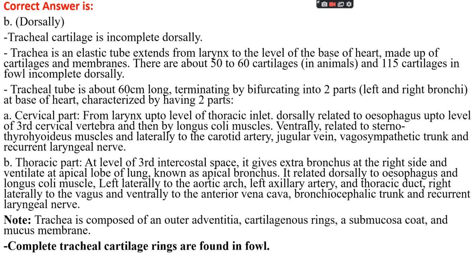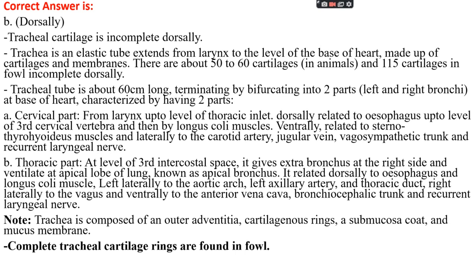At the base of the heart, the trachea has two parts: the cervical part and the thoracic part. The cervical part extends from the larynx up to the level of the thoracic inlet. The part from the thoracic inlet up to the lungs comes under the thoracic part. The cervical part of the trachea is dorsally related to the esophagus up to the level of the third